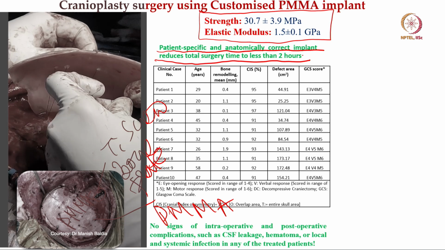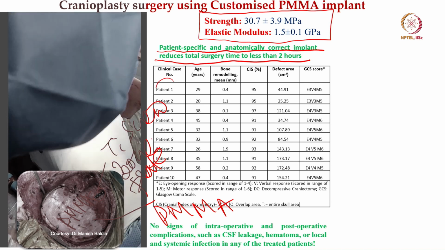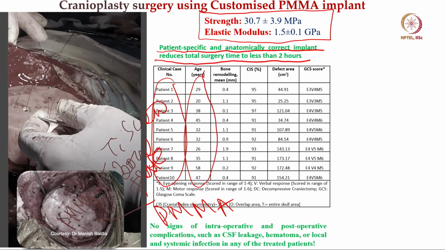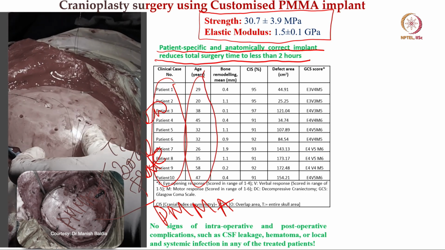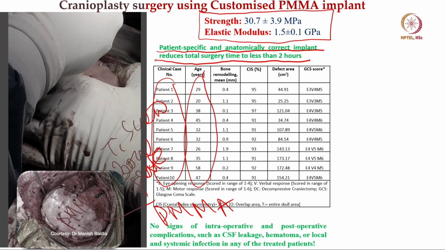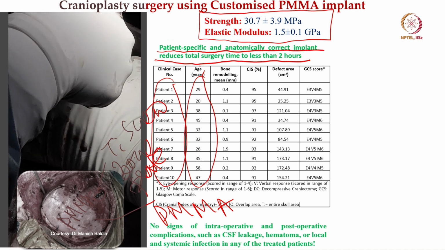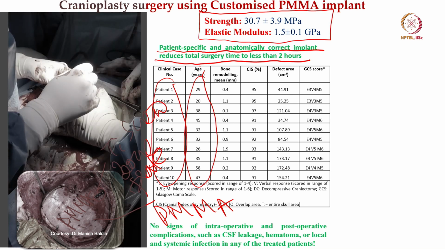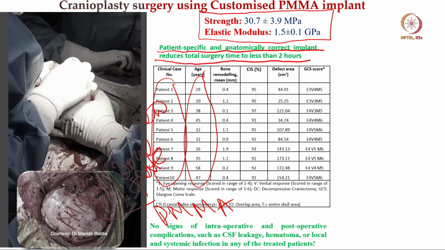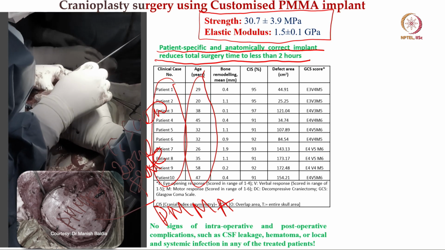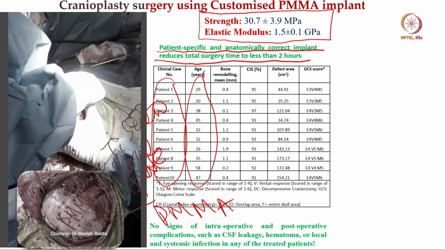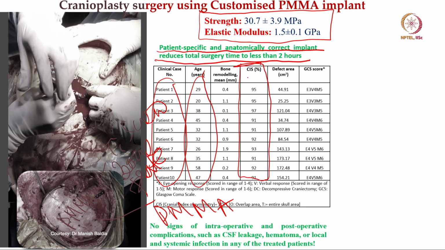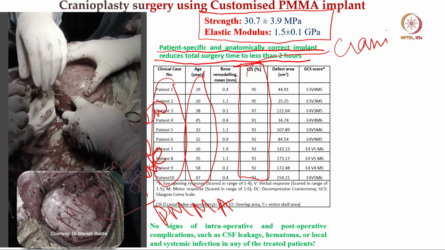So, this is just one kind of patient data, the patient 1 to patient 10. This is the age, like 29 to 47 years. So, this data is already published in an open publication, and I can also give you the reference of these publications in the subsequent slides. Now, one of the things that I will highlight and then I will explain to you in more detail, is how to determine the clinical outcome analysis, and this is called cranial index of symmetry.